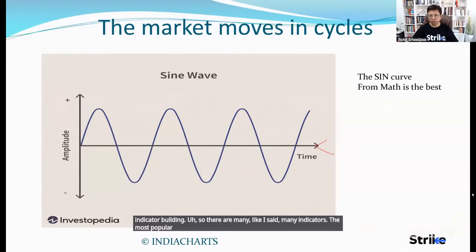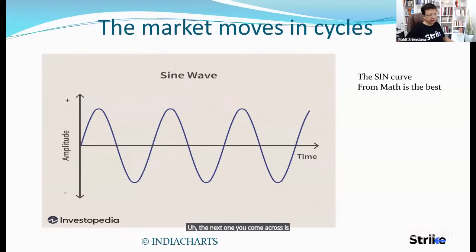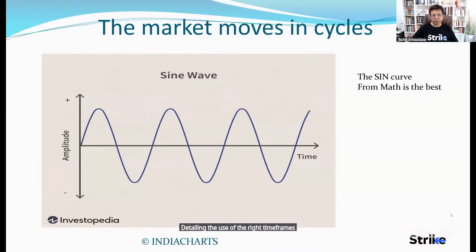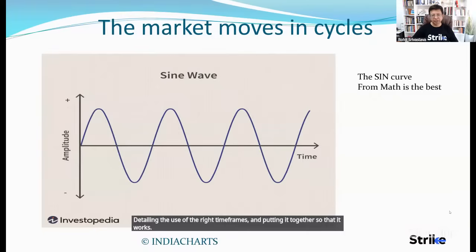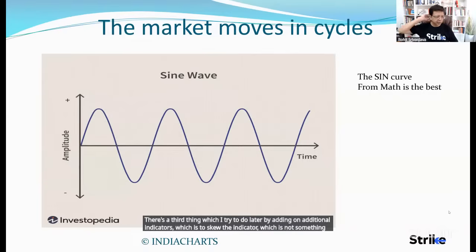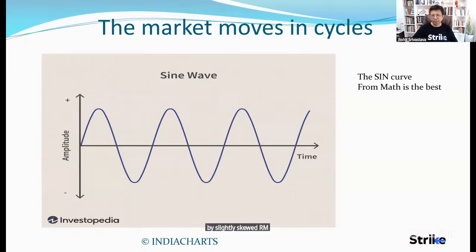So there are many, like I said, many indicators. The most popular, easy to learn, first one you come across is MACD. The next one you come across is ROC, which is a little more erratic, but can be smoothed and used, and it's closest to momentum, which is what we are trying to study over here, which is momentum cycles. But what it requires is proper smoothing and detailing, the use of the right time frames, and putting it together so that it works. There's a third thing which I tried to do later by adding on additional indicators, which is to skew the indicator, which is not something I've put on screen yet